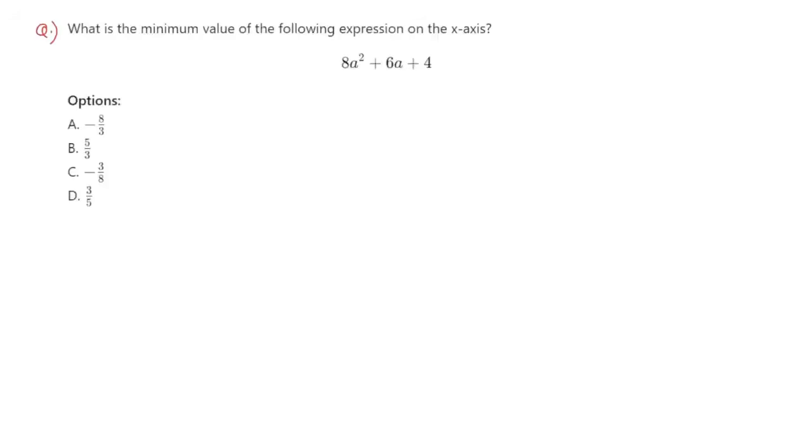Let's look at this question. What is the minimum value of the following expression on the x-axis? We have the equation as 8a square plus 6a plus 4, and we have the different options given to us. Before solving this question, you should know one thing, that a quadratic equation of the form ax square plus bx plus c reaches minimum or maximum